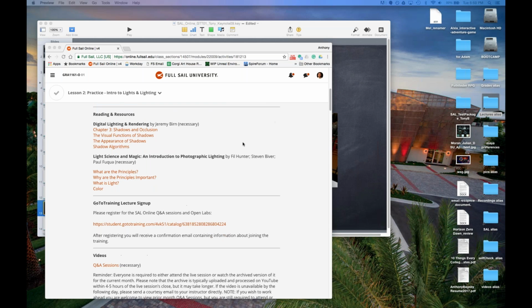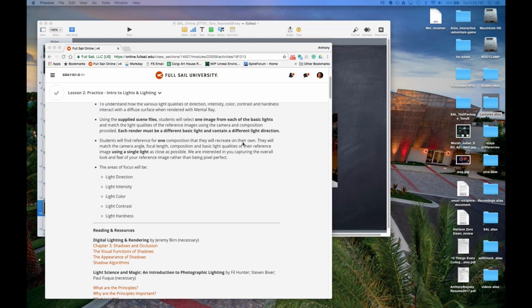So, just so you know, for each light, it's best to focus on one thing at a time. The first thing you're going to focus on is the direction of the light. The best way to do that is to match the direction of the shadows. After that, you want to match the intensity of the light. After that, color. And usually with intensity and color, you have to go back and forth. And then light contrast, which is really how dark your shadows are compared to how bright the rest of the scene is. And then light hardness, which is how hard or soft the edges are. And we'll go over all that at least with one light.